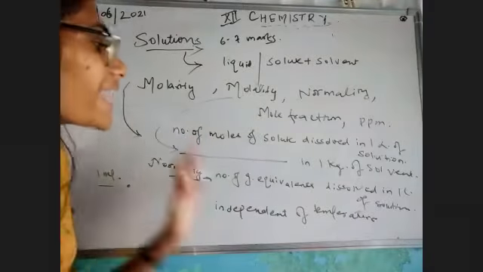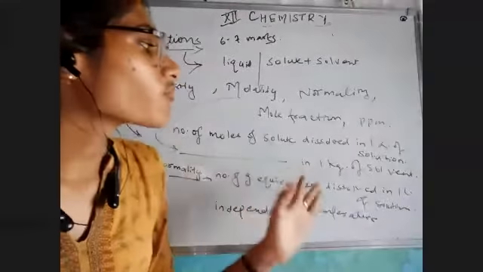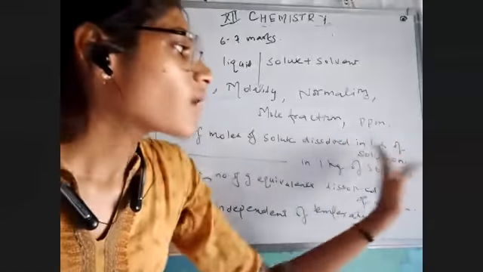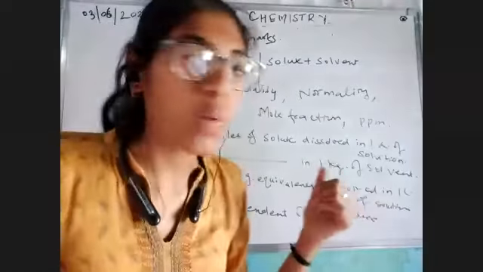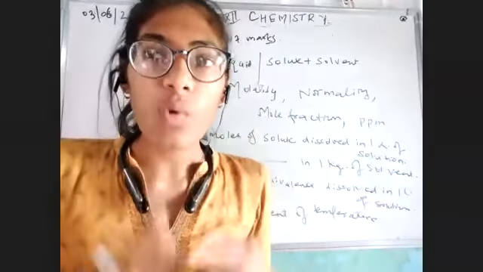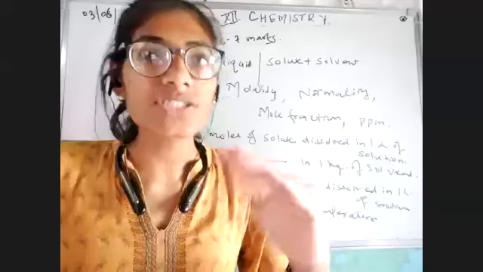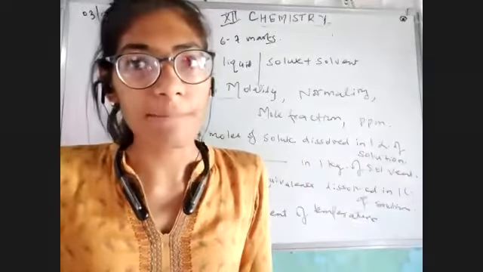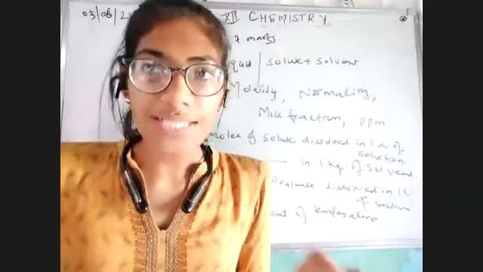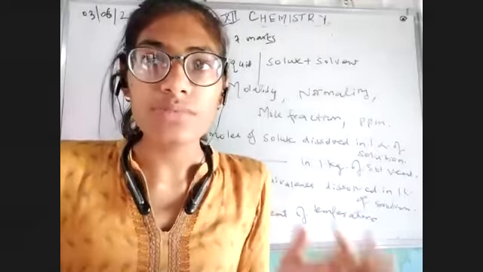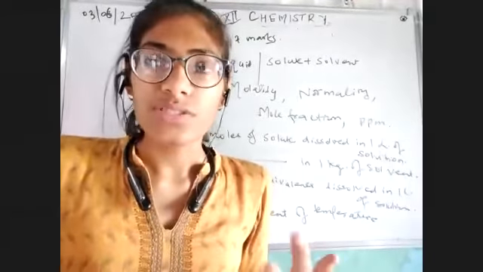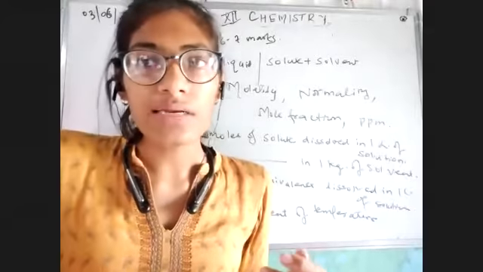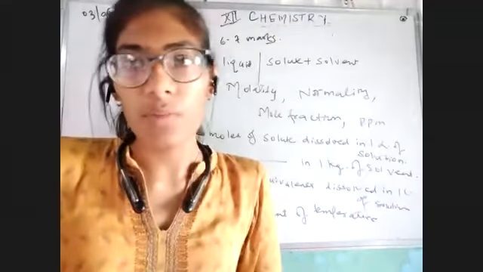As you know, molarity is the number of moles of solute dissolved in 1 liter of solution, whereas molality is the number of moles dissolved in 1 kg of the solvent. We know very well that whenever we change the temperature, whether we increase or decrease it, the kinetic energy of the molecules increases and they start breaking the bonds between them.